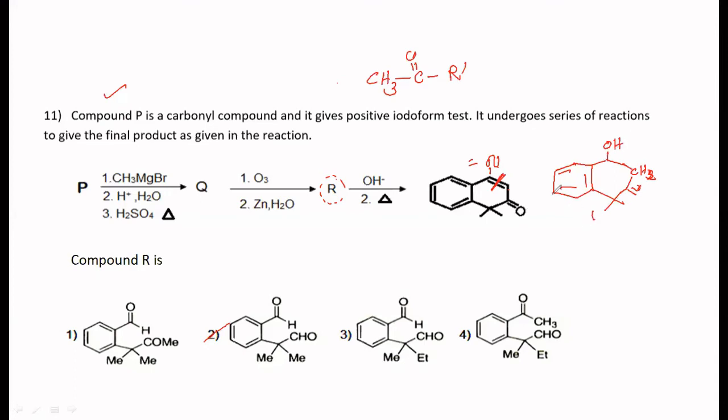Now this is the aldol. Now when you heat it, CH2 here, one of the hydrogens goes here, this hydrogen goes here, you are going to get this product, correct? So your R has to be, yes, as somebody said, this is the product. So you don't even have to do any of this. Whenever you are free, you go back. This is your R you have identified. R is formed after the Wurtz analysis of this.